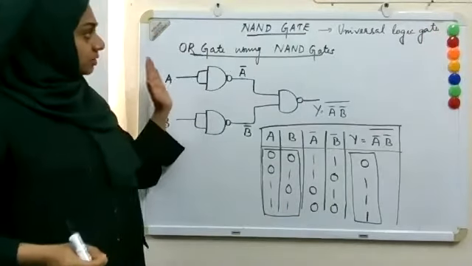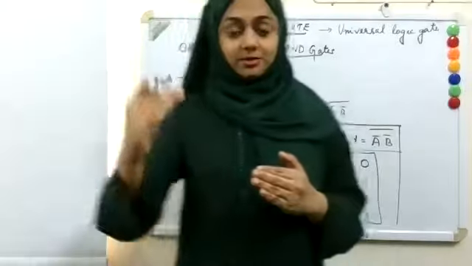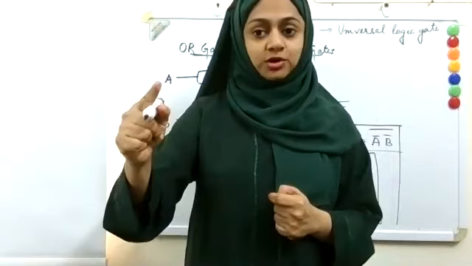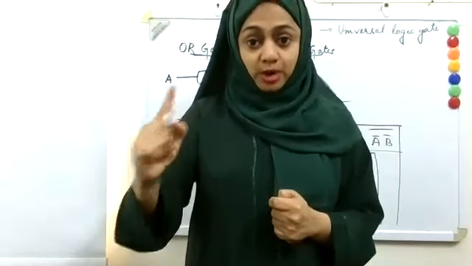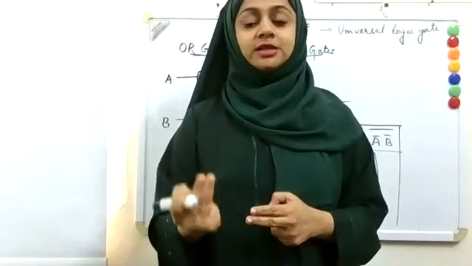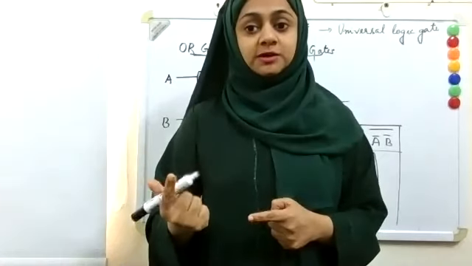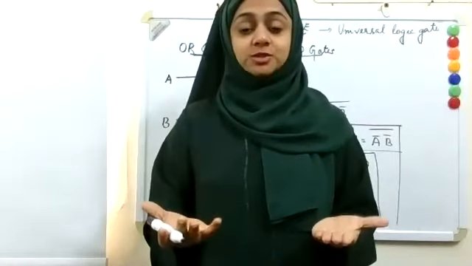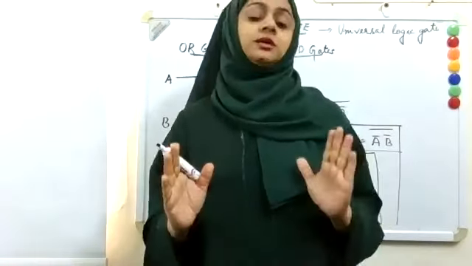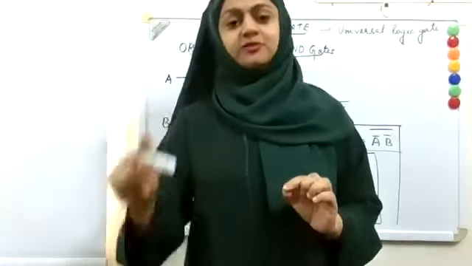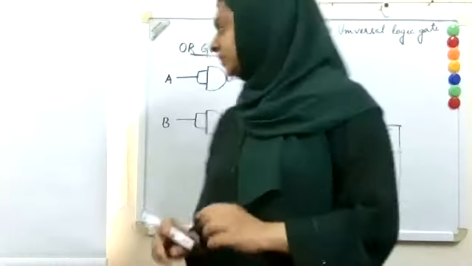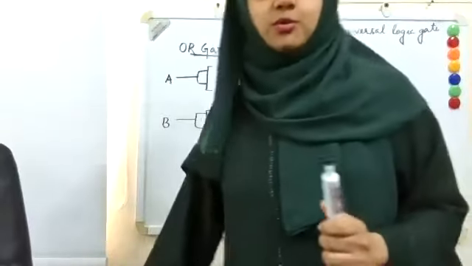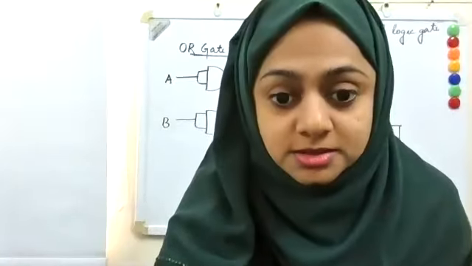Okay, so remember in the reverse order: NOT, how many NAND gates are used to make NOT? 1. For AND, how many NAND gates were used? 2. And for OR, how many NAND gates were used? 3. So remember that order, and then when you draw the logic, it will come. If you understand how it is going, then it will come to you. So that's all I wanted to discuss in this meeting.